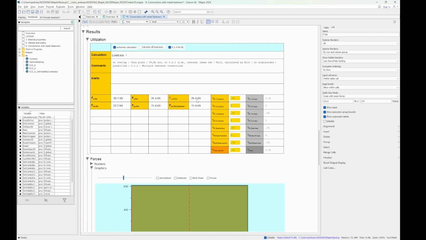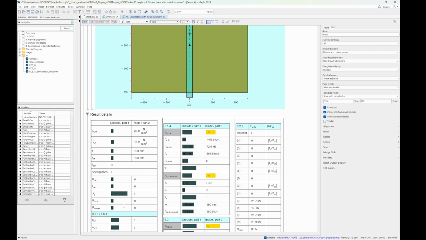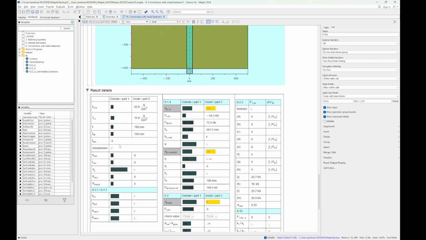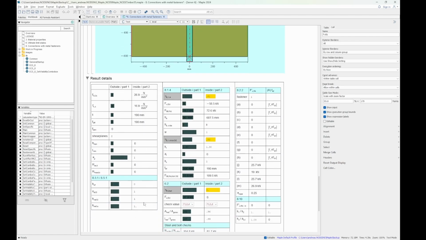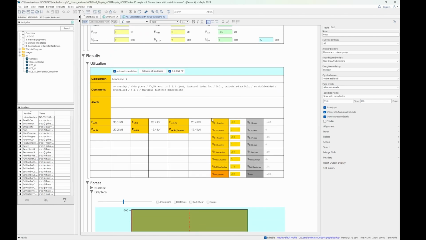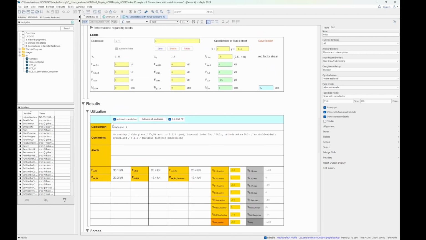And the effective one is a possible reduction if you have a reduction of the fasteners in a row in grain direction. But as we do have no fasteners in grain direction, but all just perpendicular to the grain direction, there is no reduction of this one. So the capacity of one bolt here is 26.4 kilonewtons, and as we have seen, the actual load here is